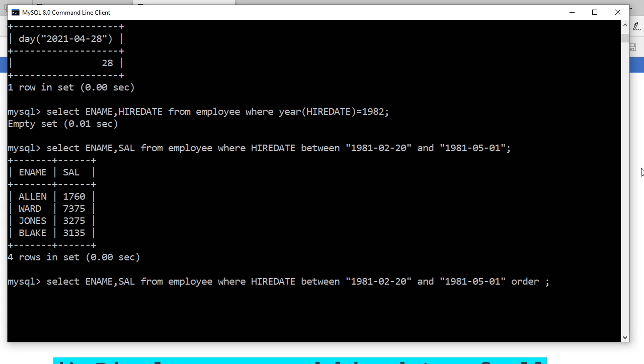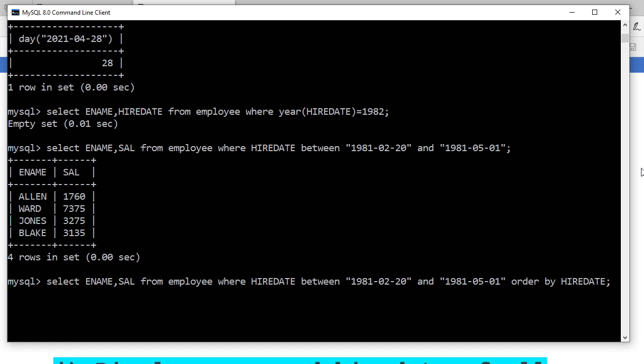Yeah, say order by clause. You should recall, the order by clause is going to print either in ascending or descending order according to the column given. So I'm going to write here order by. Then what is the requirement here? Hire date. Shall I write order by hire date ASC? It is asking me to print in ascending order, which is the default, so no need to write it.